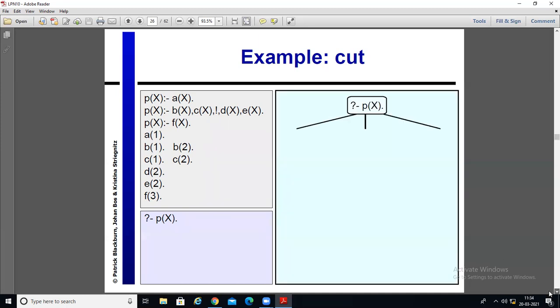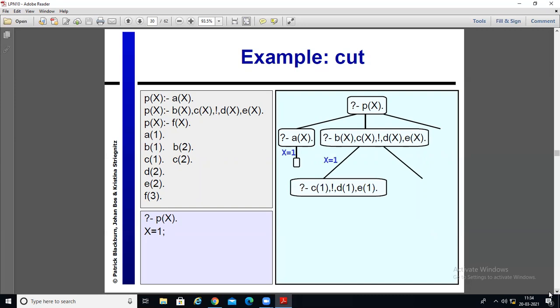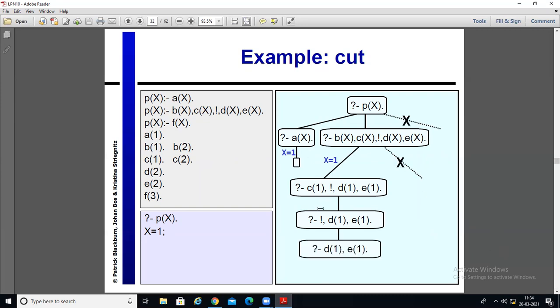Okay, so first of all, it will P of X. So X equal to 1 will be returned. Then it will go over here. See, before cut, what you have B of X and C of X. So it will check for B of 1. So the value of X is 1. So it will check for C of X, that is 1 also. So what will happen over here? Yes, it will check for X equal to 1. Okay. Now for that condition, it will check whether D1 and E1 are also available. No. So it will fail. So what will happen now? For the next possibility, all these conditions it will check. And as D1 and E1 are not available, it will return no.